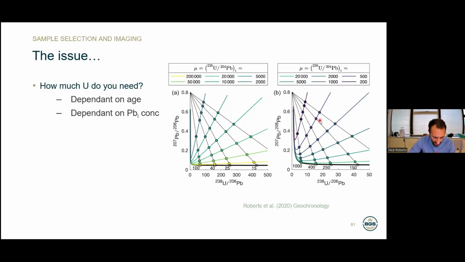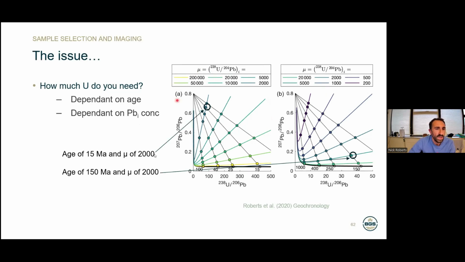So this is kind of a slightly complicated diagram. On the right, I'm just talking through a couple of examples. When we use mu, that is a unit that basically means the initial uranium over the lead contents of that sample. So if we had two different samples with a mu value of 2000, if we had one that's 15 million years old,